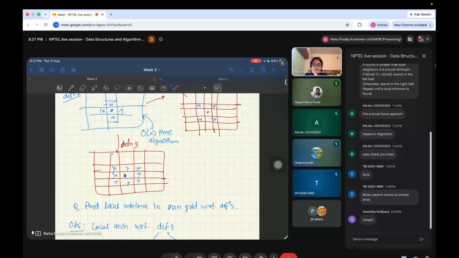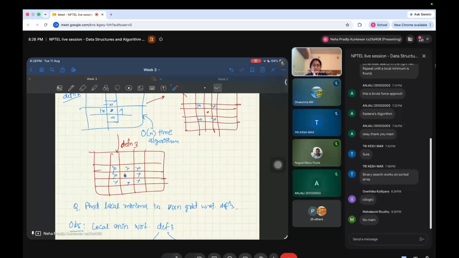So any thoughts or any comments? I hope the question is clear. Okay, so this is the question that we are sticking to, and just to repeat,